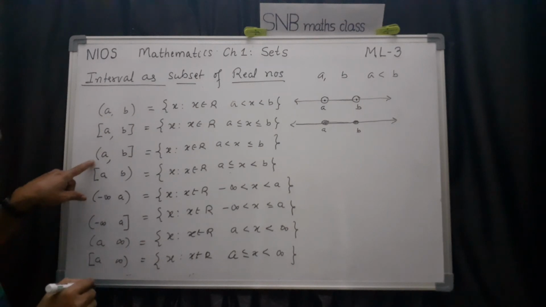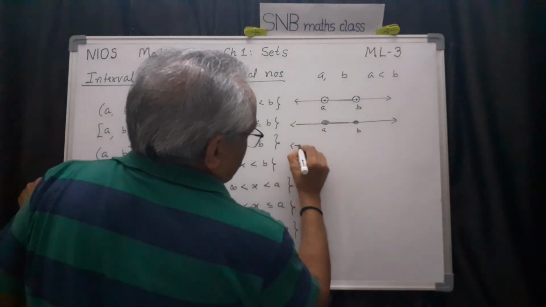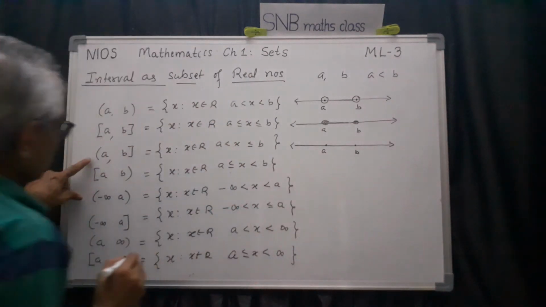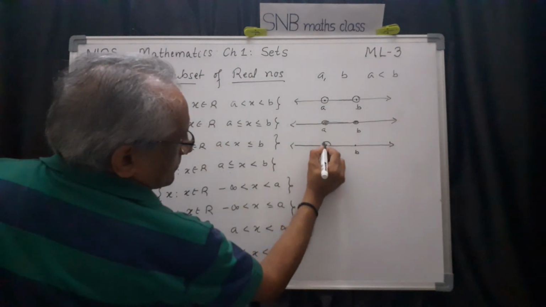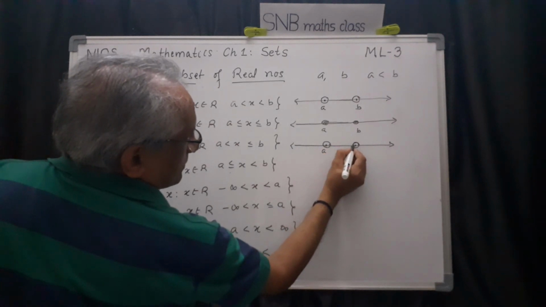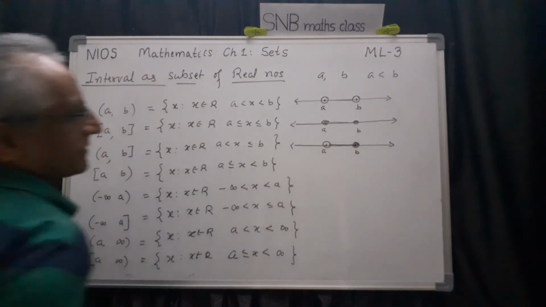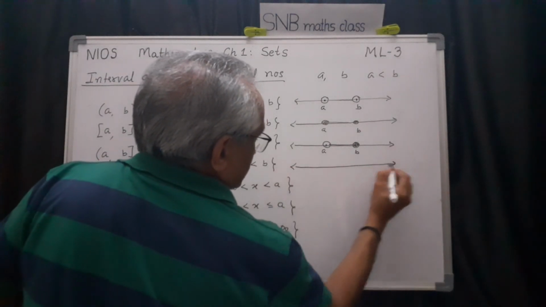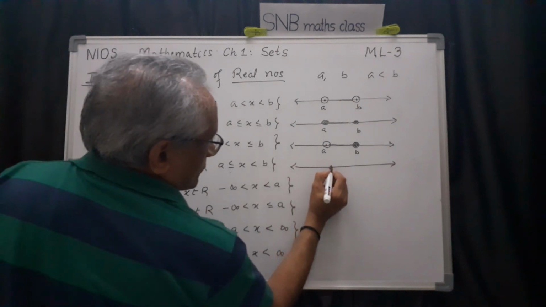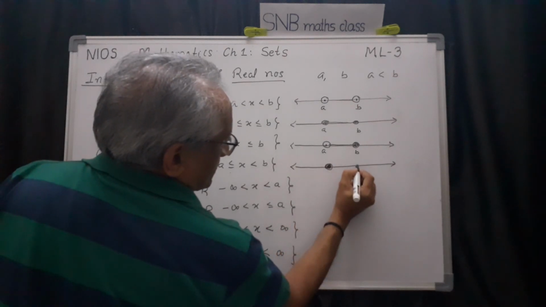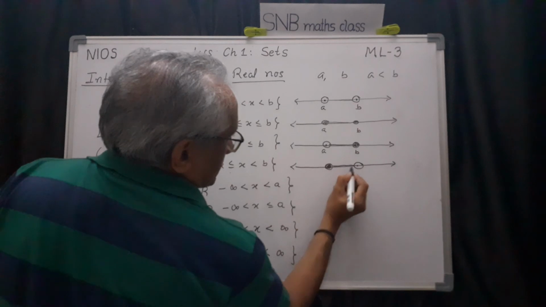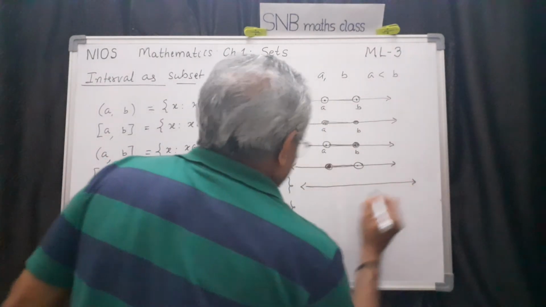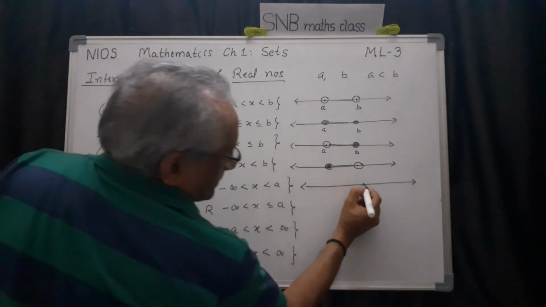And here open, close. Therefore what I have to do is, see, this is A, this is B, this side open, therefore I have to use open circle, here close the circle like this. And similarly here, this side closed, so this is A closed, this B is open, like this. And here minus infinity, therefore what I have to do is, I have to show A only, this point is A, all the numbers less than A.